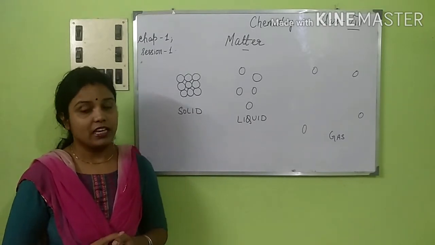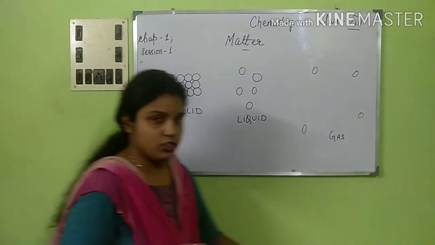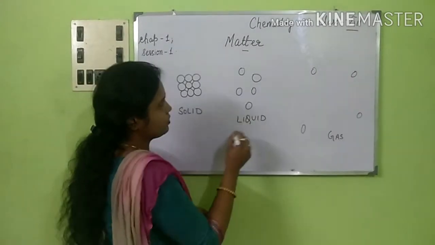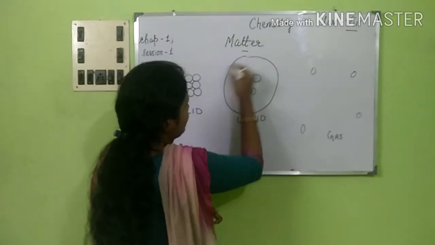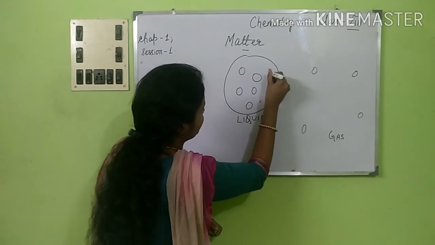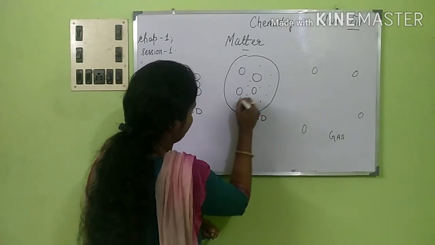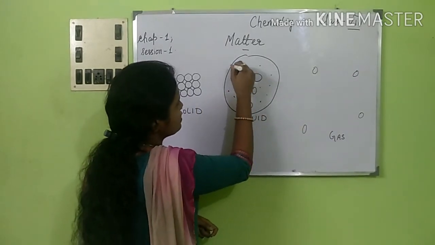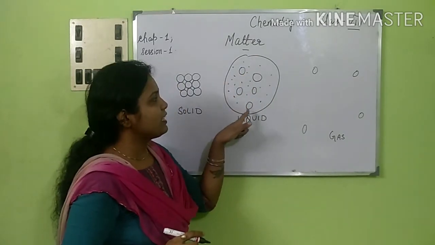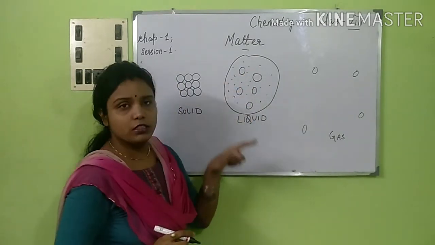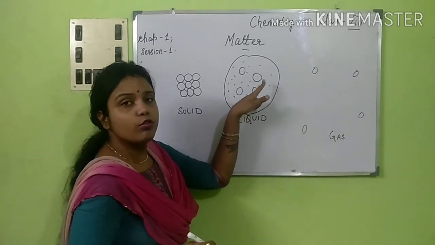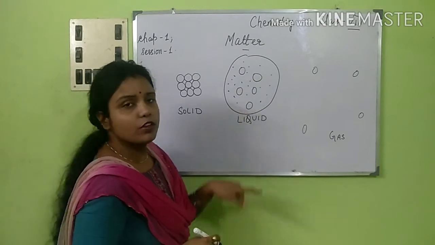I'll explain with a small example. Suppose this is the liquid that I have taken. Now, in this, we are taking the pollen grains. This is the pollen grains. Pollen grains are very small particles. They come within the particles, that is, the molecules of the water, right? These pollen grains are moving around in between the molecules of the water.